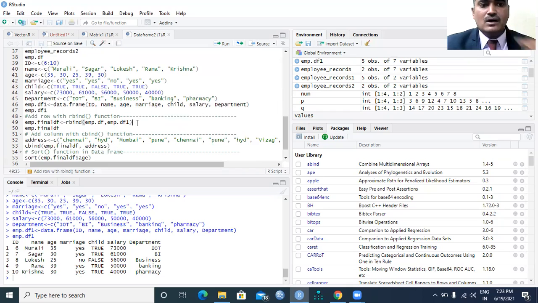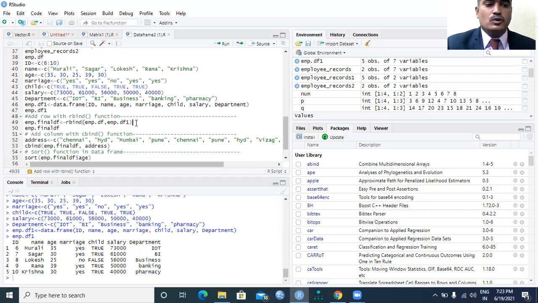Whatever the rows are in the employee.df file have to be added to employee.df1. I actually created 2 different files, the employee.df variable and the employee.df1 variable.